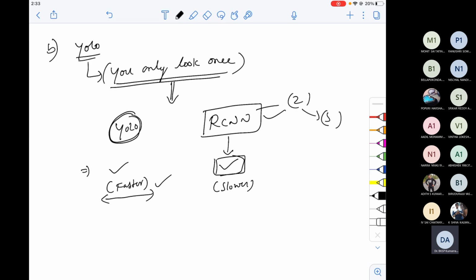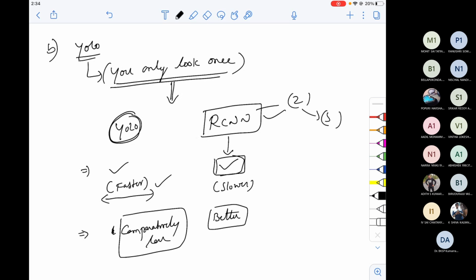Now, coming to the other aspect, where YOLO is not so accurate. I'll discuss YOLO, and then you'll come to know why YOLO is comparatively not so accurate as RCNN.